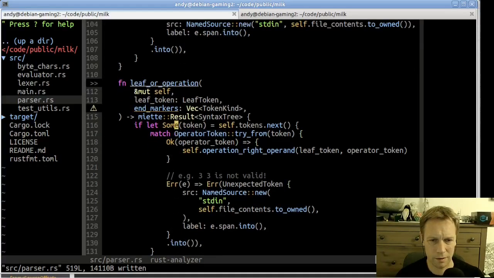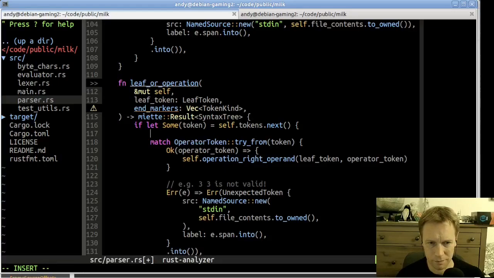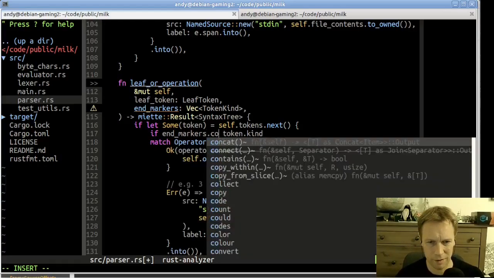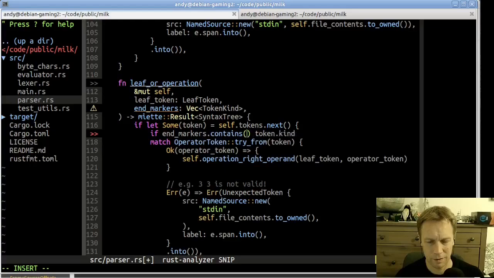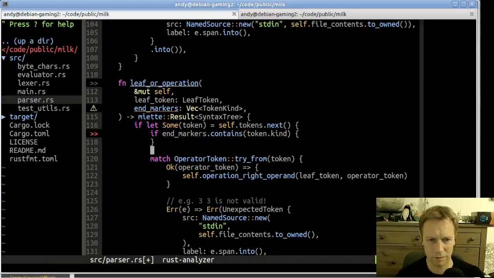And it's going to be if token.kind. It basically, if this kind is not in, or we can just say if it is in. Let's just say that if end markers contains token.kind, then return